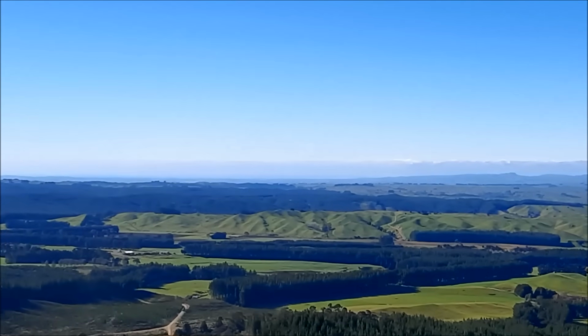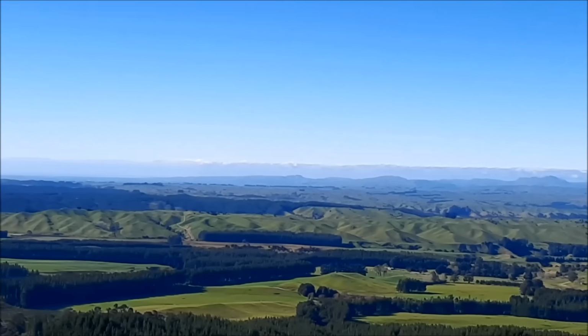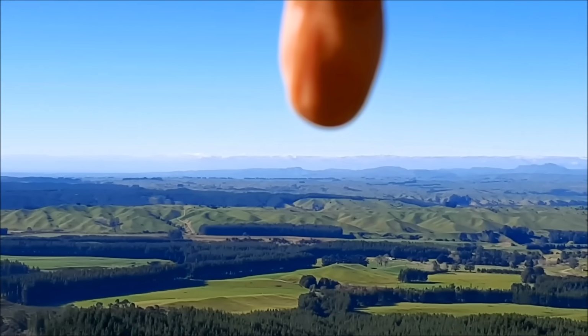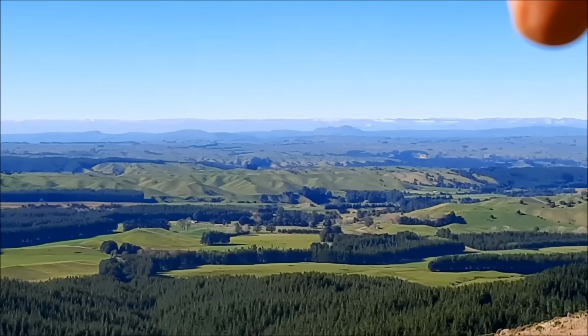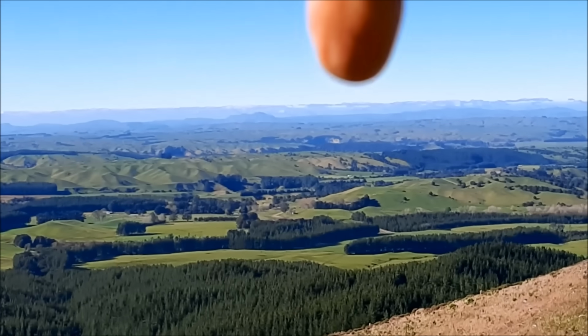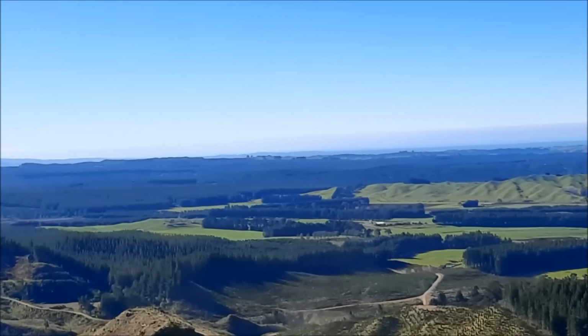Centre screen out in the distance there, there's Hastings. You've got the peak of Smarter Peak about there. Mount Erin about there. And then somewhere about there is Karaniki. So they're the main three landmarks. And if I go further out to the left,